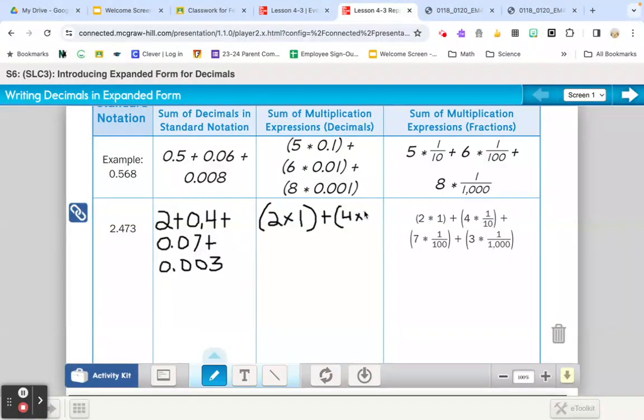So to write tenths, it's 0 and 1/10. So I'm going to go a little bit over into this box, plus,